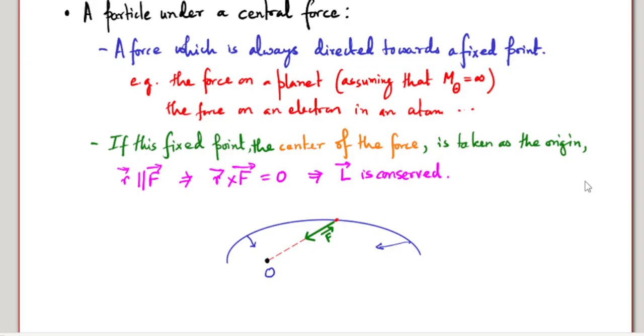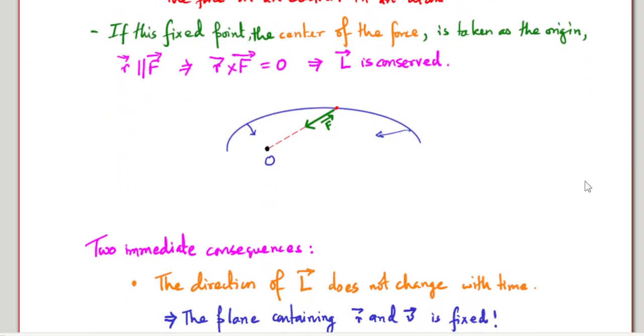But this actually has far-reaching consequences. One immediate consequence of this would be that the direction of L does not change with time. After all, if a vector is conserved, then it's conserved in both magnitude as well as direction. And the direction of L definitely is the direction of R cross V. That is, it's perpendicular to the plane containing R and V. Since L has to have a fixed direction, this plane containing R and V, or equivalently R and displacement, the change in R,